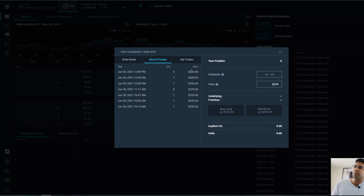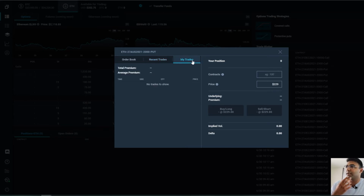And for context, because $2,000 in terms of strike is basically what it would execute at, that premium that we're getting is basically decreasing our average cost if, of course, Ethereum falls below that price on that actual expiration date. So, AKA, if we're assigned. And so with 320 to 250 in this range, basically I'm going to put in, let's see,